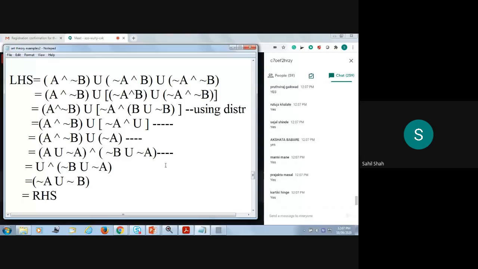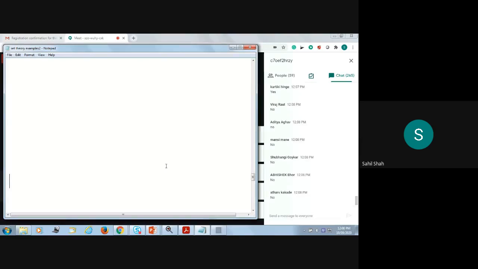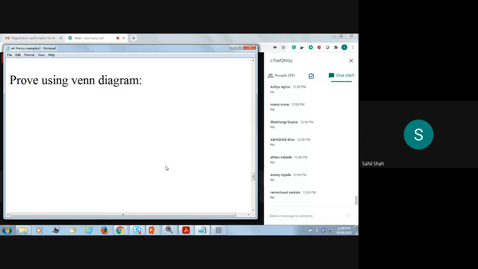Any doubts up to this point? Anywhere? No? Then the question will be like this. Next question: sometimes in a theory examination, they will write prove using Venn diagram. You know what a Venn diagram is. It's a pictorial representation of sets. Sets are represented using circles and the universal set U is represented using a rectangle. So if the question is like this,